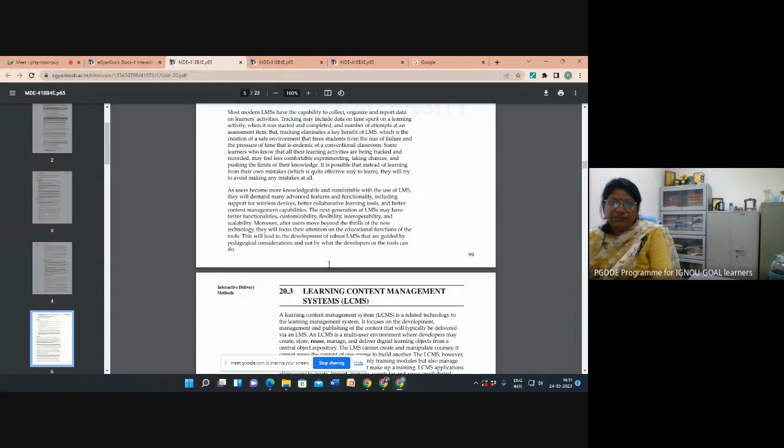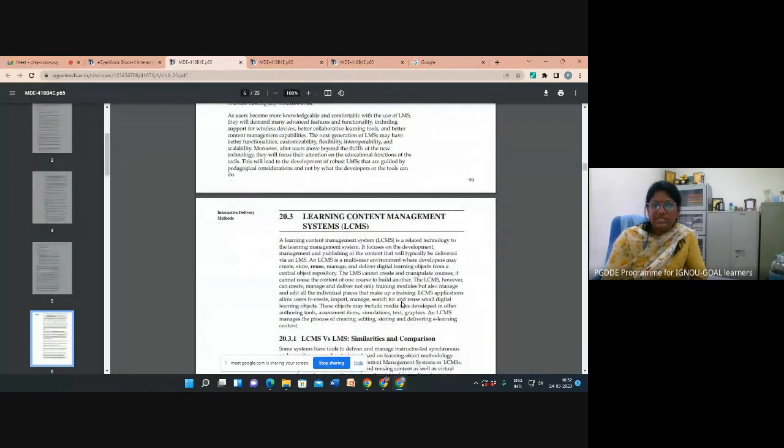So if you are taking the LMS, then the teacher also will be vigilant, because you are giving the place or environment where teaching and learning happens. So that is very important while using this.